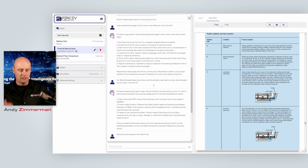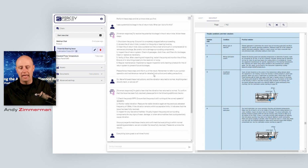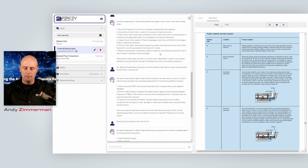So, just to burn through the rest of this. We've done the maintenance. We see a potential blockage in the oil return hole, and then we say, I don't know how to fix this. What do I do? Well, the AI steps in and gives a 6-step guide. You're going to shut down the pump, access it, clean it, inspect it, and then it asks the user, hey,